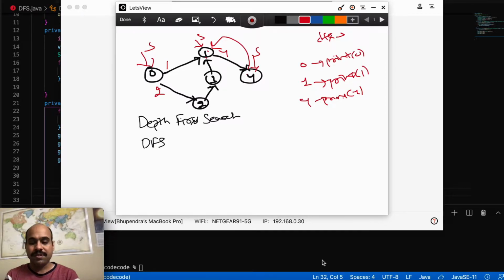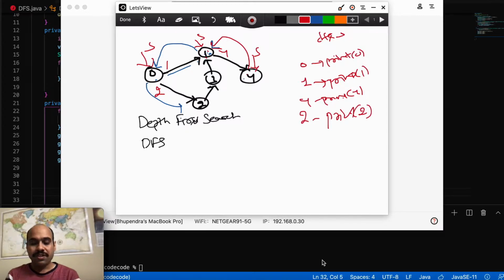Okay, so once our function call reaches here, again we will see, is there any neighboring vertex of this source which has not been visited. So we will see, no. Okay, so there was only one neighboring vertex 4 which is already visited. So we cannot do anything over here. So we will again backtrack and we'll come to this source vertex which is 0, and then we'll ask, is there any neighboring vertex which is not currently visited. So if you see, okay, 1 is already visited but 2 is not visited, so we will again go to 2. So now we'll come here and we will print 2.